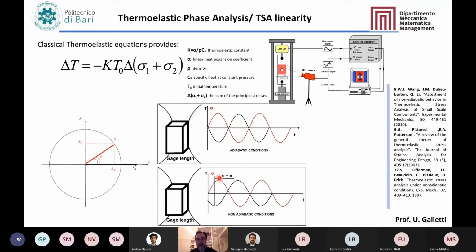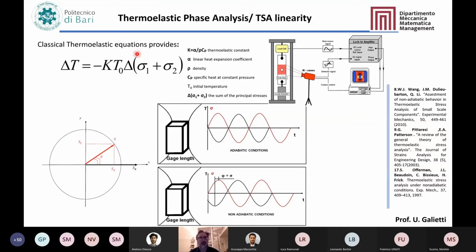But when we are actually damaging materials, we also have some plastic work there. There is also a shift between the temperature and the load, and so we can monitor this phase shift. This was the basis of the thermoelastic phase analysis that we set up 10 years ago to monitor the damage